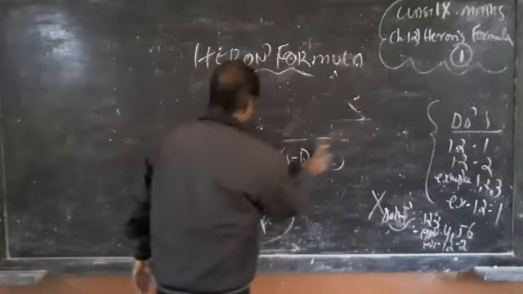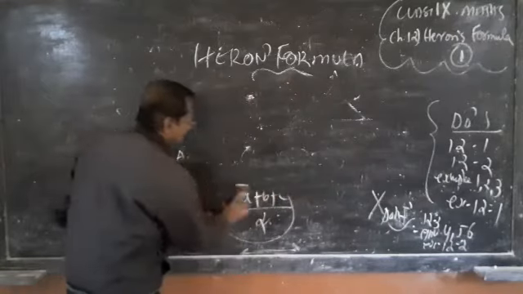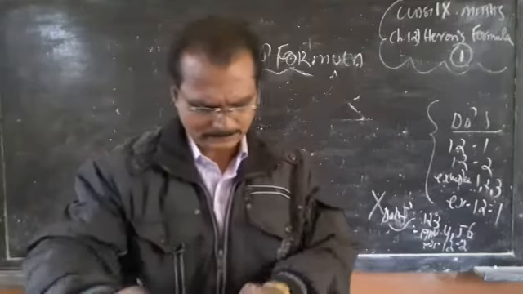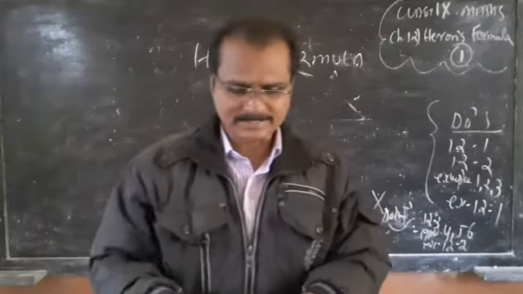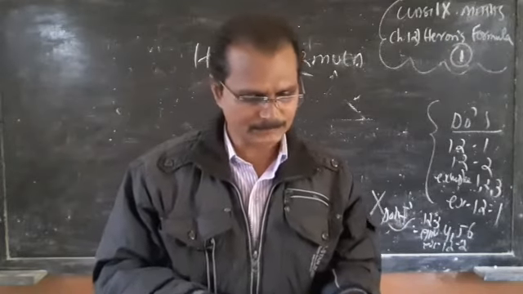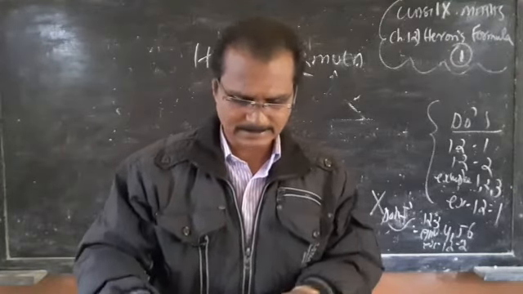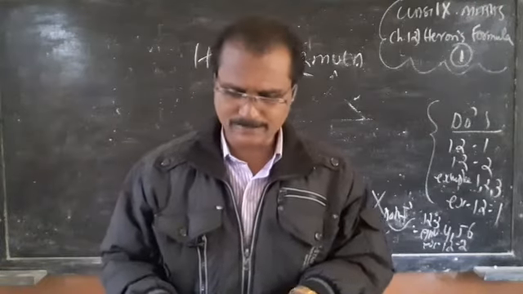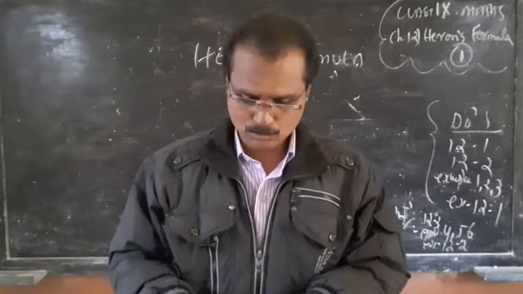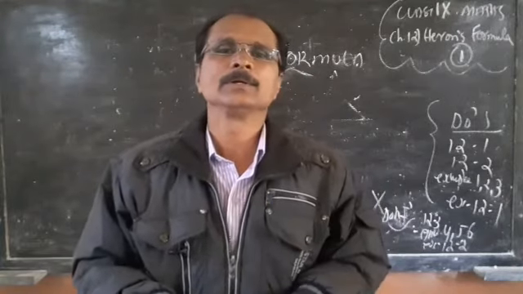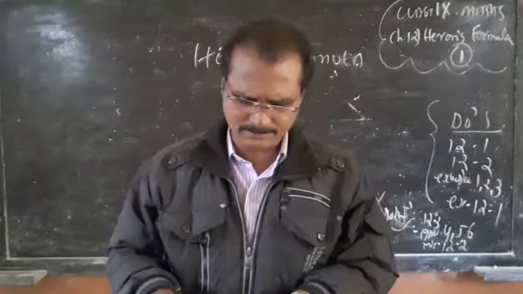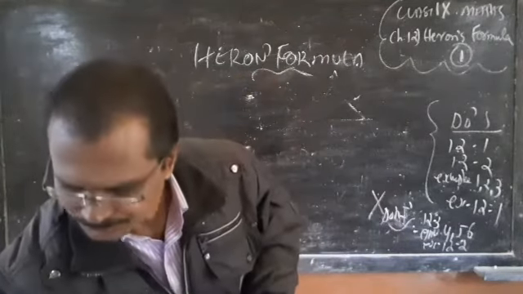So you will see one question: find the area of the triangle. Please write your homework. Please write the chapter number 12, Heron's formula. Then also please write the formula for the area of a triangle, given on page number 199. Area of a triangle is root of s into s minus a into s minus b into s minus c, and s equals the semi-perimeter, a plus b plus c divided by 2.